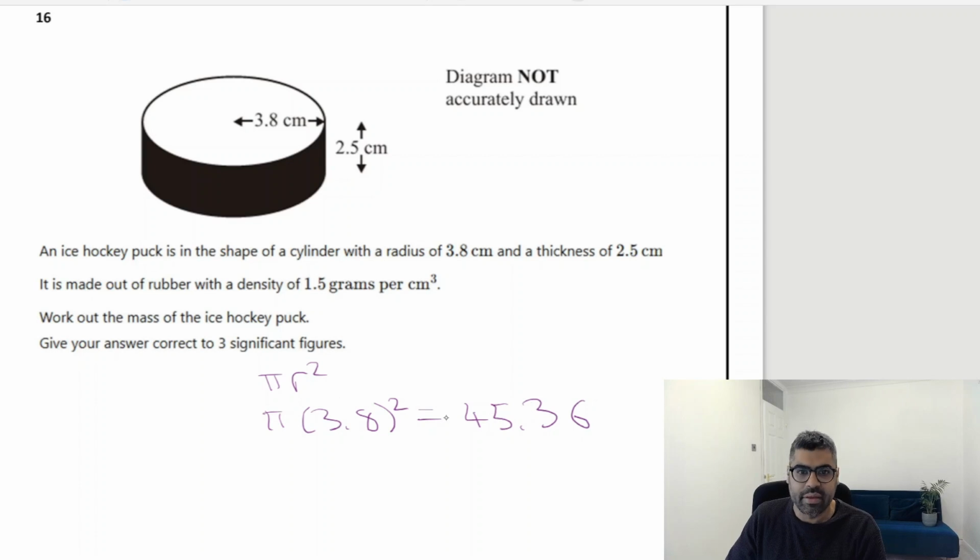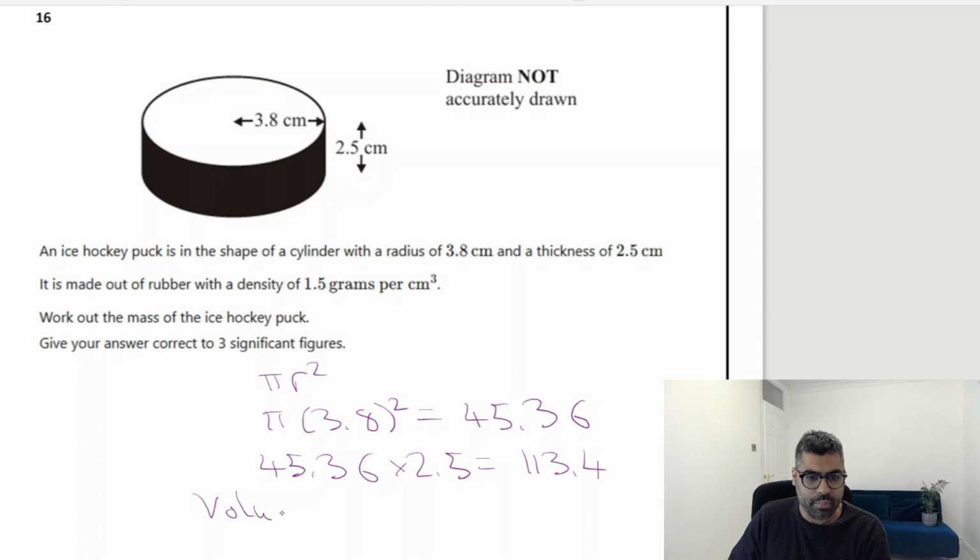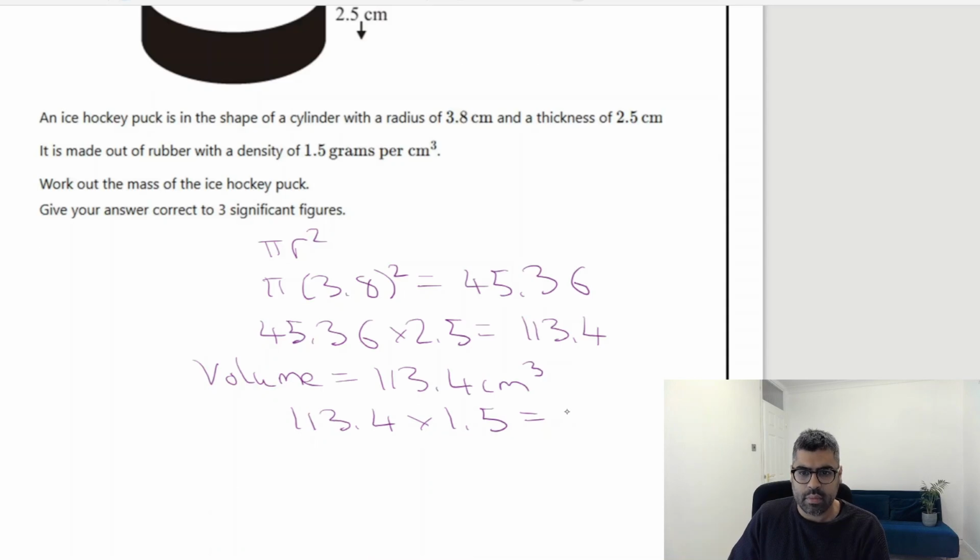So that gives us our area of the cross section, the area of the circle at the top, volume of the cylinder, so 45.36. We're going to times that by 2.5, which gives us 113.4. So we now have the volume, which is 113.4 centimeters cubed. We then take 113.4, we times that by 1.5, as is 1.5 grams per centimeter cubed, and that gives us